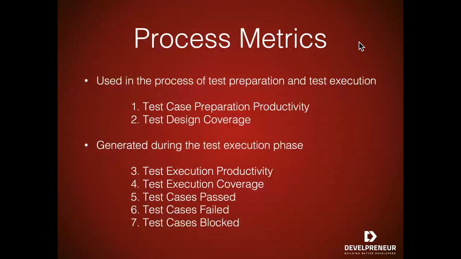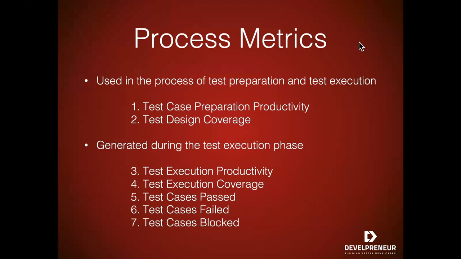Within the process metrics, this essentially takes place in two different parts of the application SDLC. The first two are used in the process of test preparation, while the bottom ones are generated during the test execution phase, which makes sense. During test preparation, we're going to define our test cases and our test design coverage. What gets generated are our test execution productivity, our test execution coverage, and what tests passed, failed,